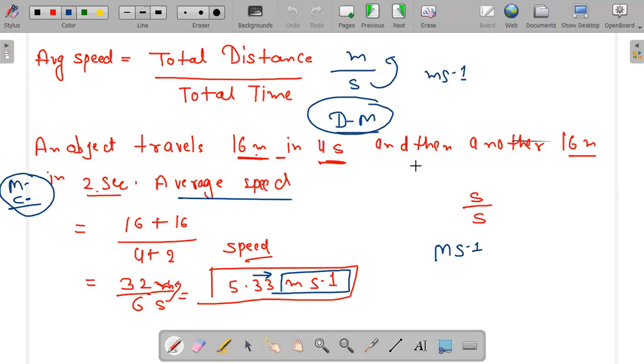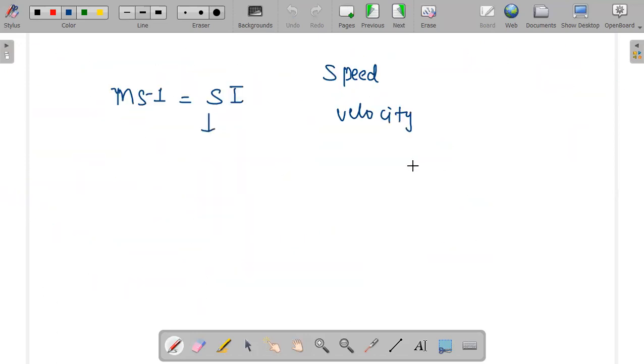So meter per second is the SI unit. What is SI unit? Standard international value. It is applicable until it is asked to find the value of velocity or speed in kilometer per hour. Until it is asked, you have to find the value in meter per second. You know how meter per second originated. This is also known as the unit of velocity or speed.